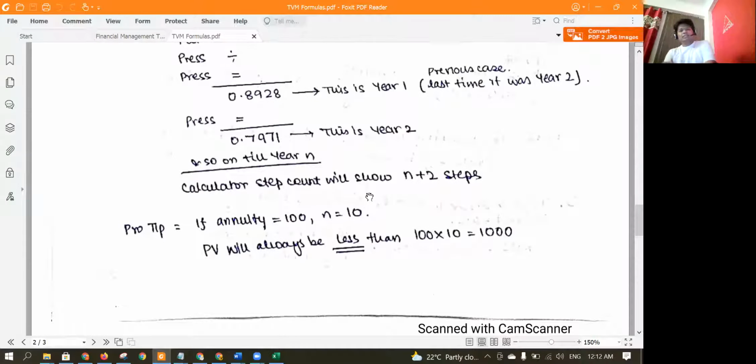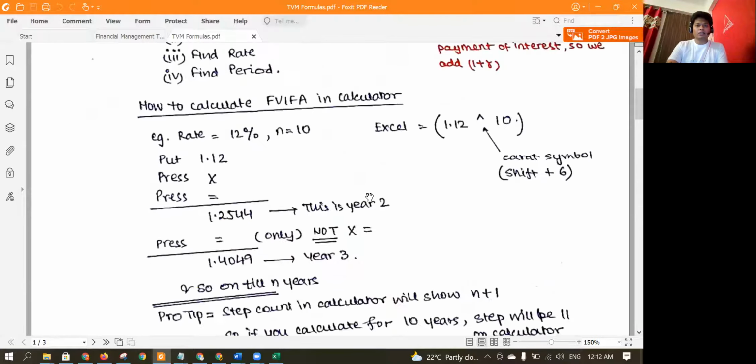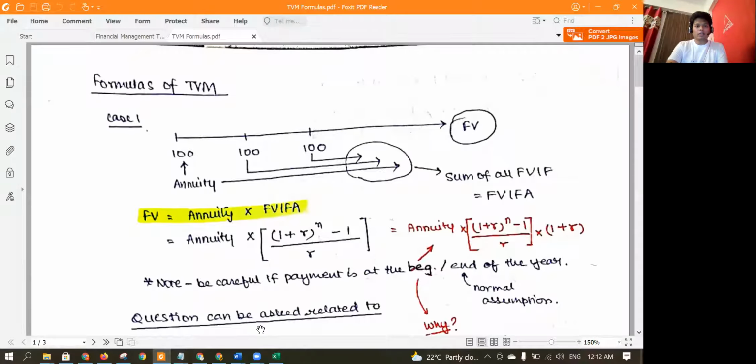Okay, so we have discussed case 3 and 4, and I think that's very easy. Case 1 and 2 are the next things that I wanted to share. So let's get back to case number 1, which is regarding annuities. Case 3 and 4, what we did till now, was regarding a single cash flow and finding the future value of that. Case number 1 is basically a compilation of a number of cash flows. So it's called an annuity.